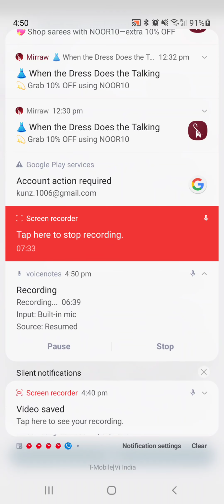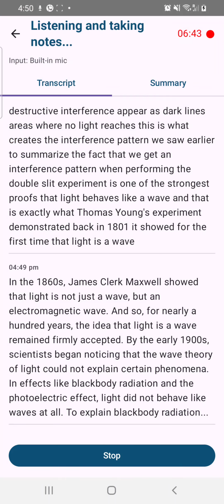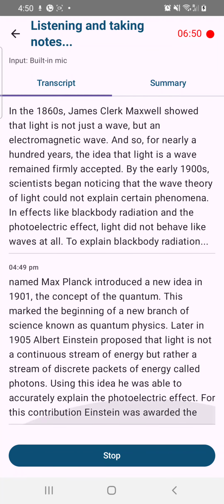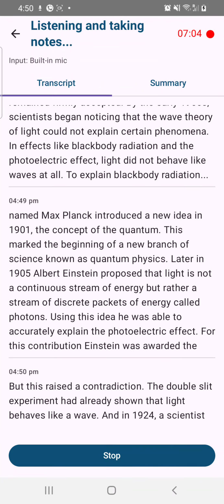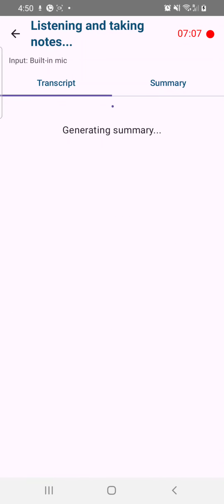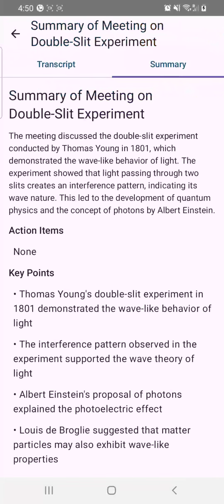In 1924, a scientist named Louis de Broglie proposed that just like light has a dual nature, matter particles might also have wave-like properties. It is easy to accept that light, which is energy, can behave both like a wave and a particle. But electrons and protons are real matter particles. So how could they possibly have wave nature? To test this, the Davisson-Germer experiment was conducted in 1927, and it showed that electrons do indeed